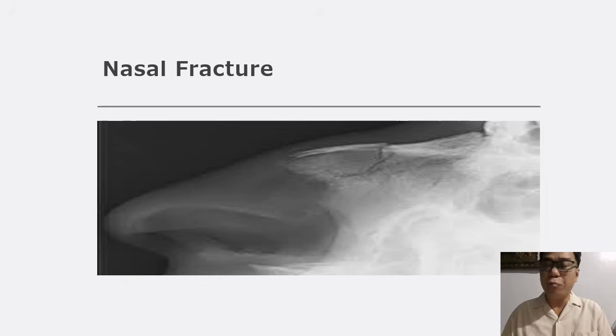Okay, so again, when we talk about rhinoplasty, that is the surgical reconstruction of our nose. So it is usually performed for cosmetic reasons. Okay, however, for this specific case, yes, we are doing that for cosmetic reasons. However, aside from that, we are also doing that to improve airway function. Okay?